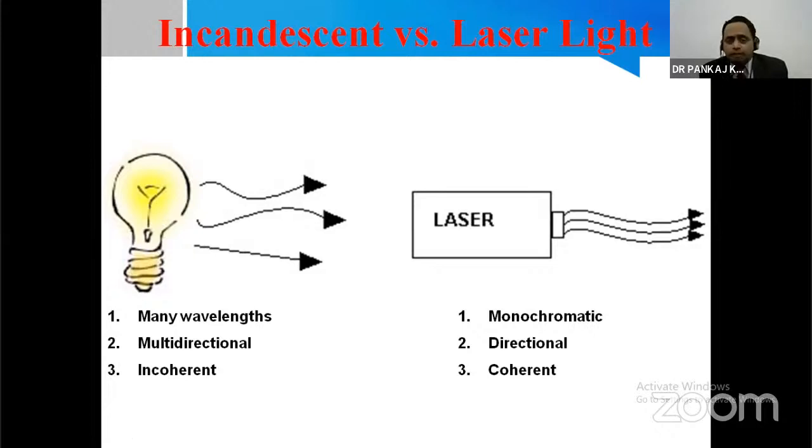In a comparative study, ordinary light has many wavelengths, while laser is monochromatic. This is multidirectional, that is unidirectional. This is incoherent, and that is coherent. And laser should have the property of coherence, it should be perfectly coherent. So the incoherent condition, multidirectional condition, and many wavelengths are quite different from the laser. So ordinary light has some properties and laser has some different properties. So this is the basic difference between ordinary light and laser light. Due to the high intensity, laser is applied in laser communication or